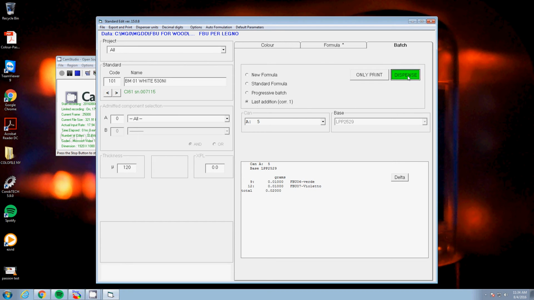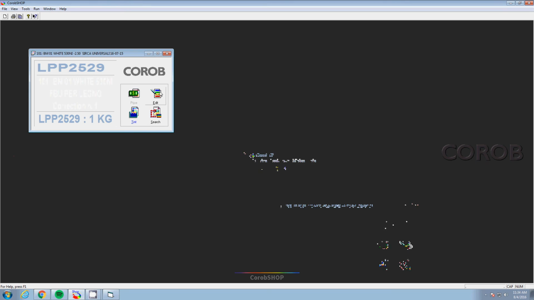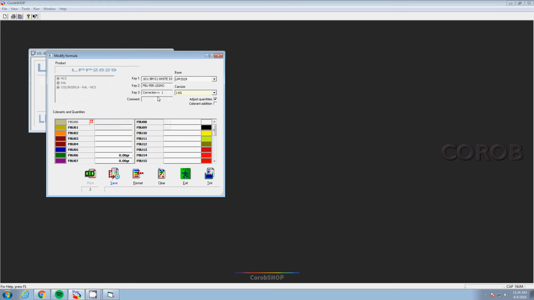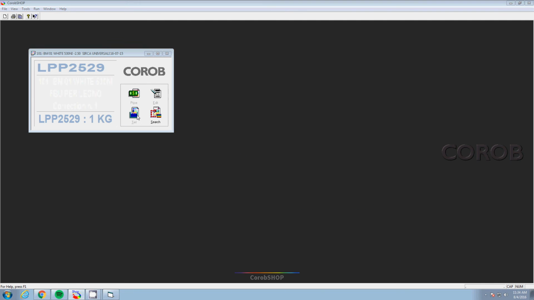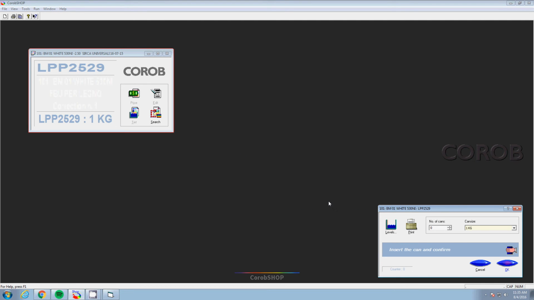Same thing. We're going to edit. I'm sorry, we're not going to edit. We're going to tint, because this is actually an addition to what we were doing before. And we'll click OK, and that's it. And we're good to go. You do that until you get the color. And once you do have the color completed,